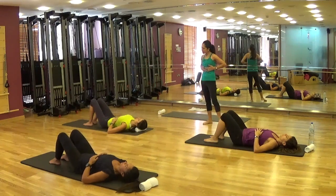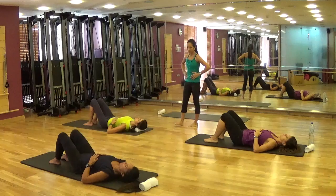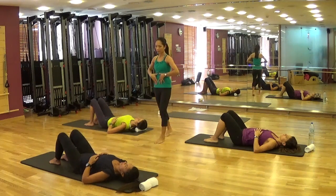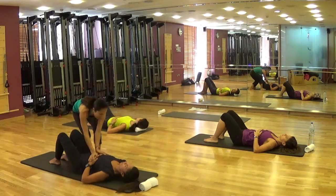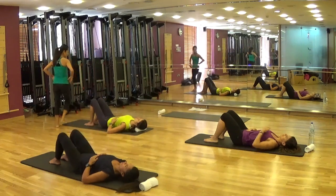Breathe out, squeeze the air out of your lungs. Sink your belly into your spine and engage your pelvic floor. Breathe in your back, your sides, your belly. Breathe out, squeeze the air out of your lungs. Sink your belly into your spine and engage your pelvic floor. As your belly is firm, your pelvic floor engaged,